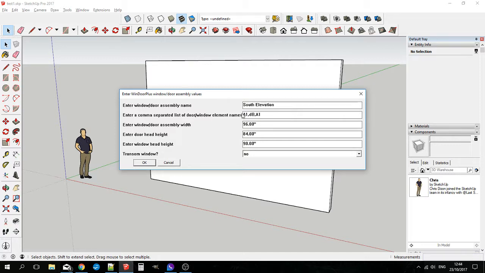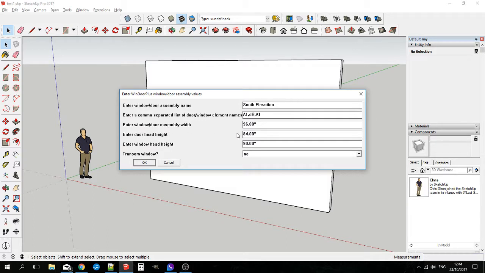And the A1s here are windows, and the DB is a door. And the reason DB is a door is because it begins with the letter D. So any name that begins with a D will be a door. You cannot name windows beginning with a D in Window Plus. Just remember that. Certainly not at the initial creation stage.